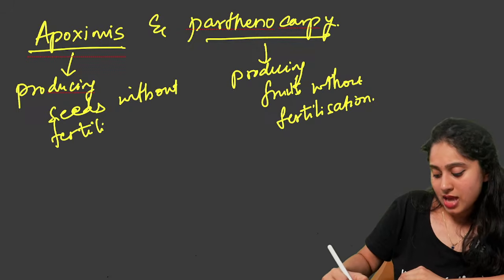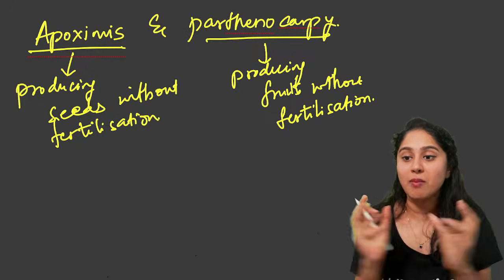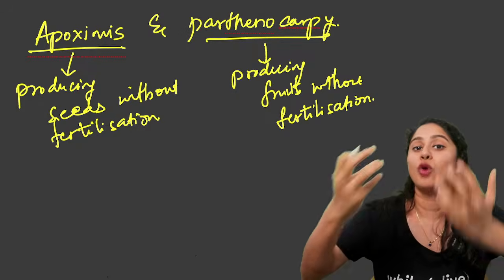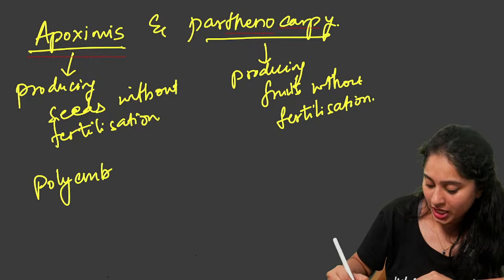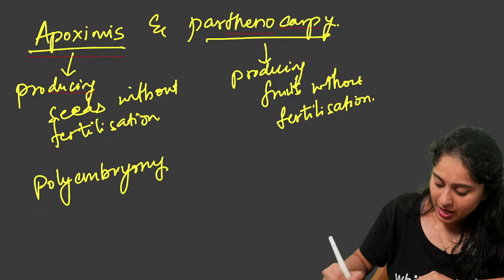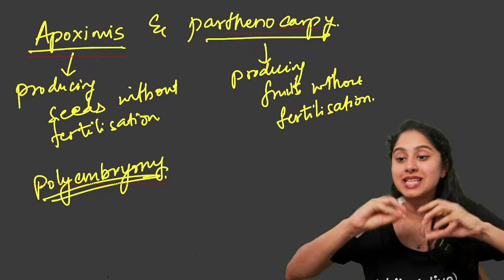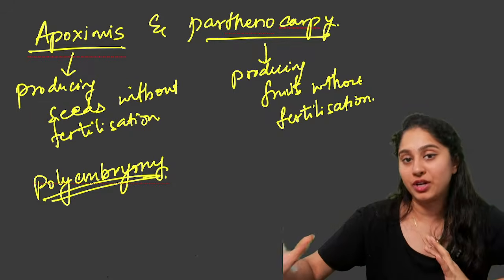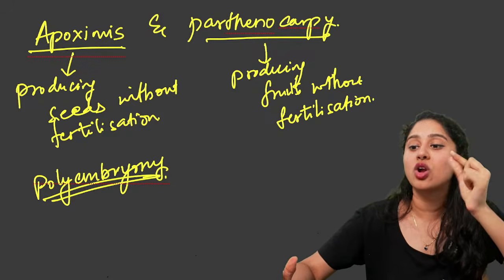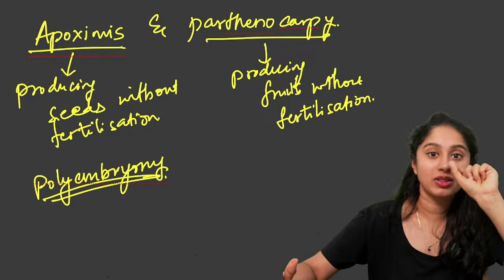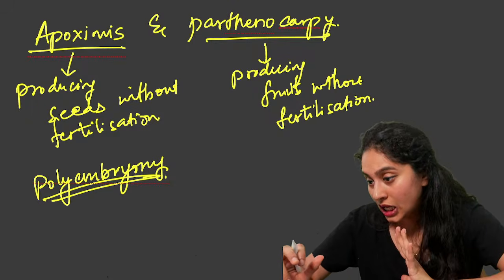Now sometimes what happens is the tissues like the nucellus will come inside and start contributing to the formation of an embryo, and that is when polyembryony can take place. Okay, when other tissues close to the ovule come inside and contribute to the development of the embryo. Like in orange, in any citrus fruits, you will see multiple small embryos inside the seed, which is nothing but polyembryony.